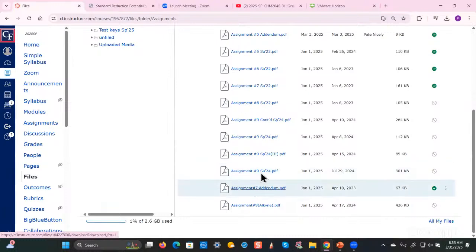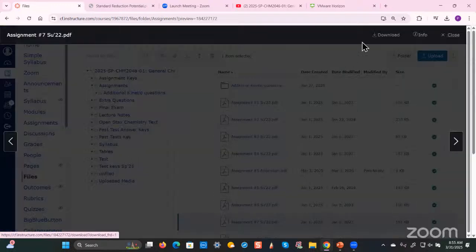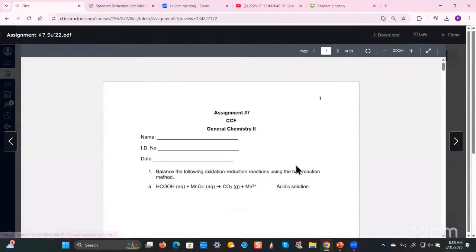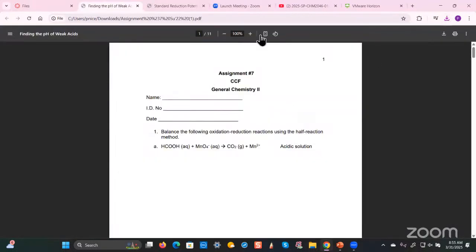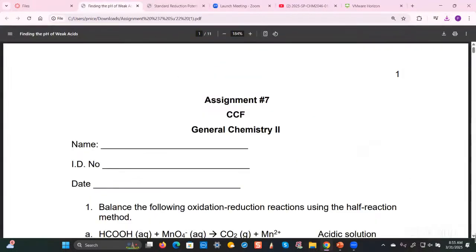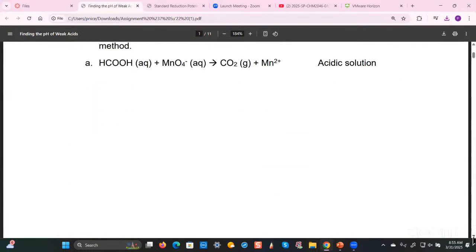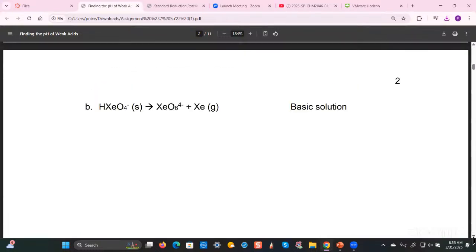Assignment number 7, where is it? Okay, so I take it that you have done number 1. So if there are no questions about that, these are all balancing redox equation problems in both acidic and basic environments. So let me just scroll down to